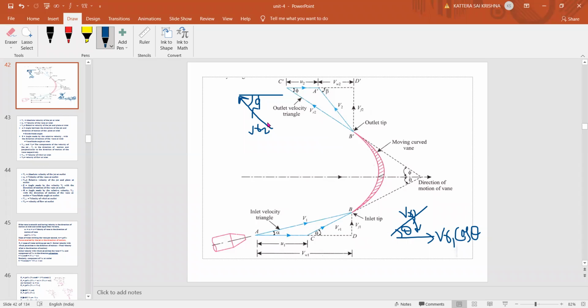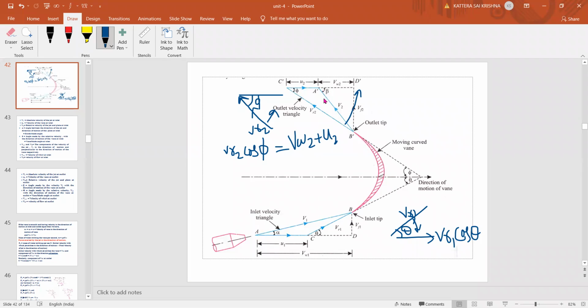VR2 is like this. So what I can do, I can bend this like this one. VR2 will come here. So what will become? VR2 cos phi. Right, VR2 cos phi. So we got VR2 cos phi. So this line is coming up to this total line now. You can see when we bend this B to this side, this B point will come here. Assume it is coming here. So this full length is equal to VR2 cos phi now. So VR2 cos phi is also equal to what we have here? VW2 plus U2.